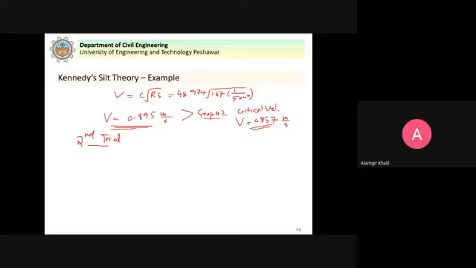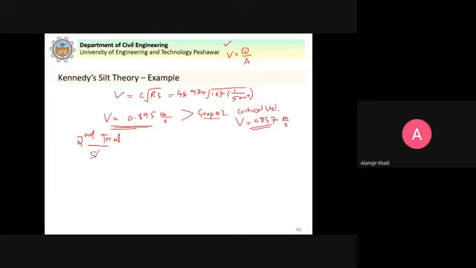You can see here that V is inversely proportional to the area. Q divided by area A, that you get the velocity. Now this is the actual mean velocity. I want to decrease it. So it means that I have to increase the area A. So it means that we should increase the depth. Clear?